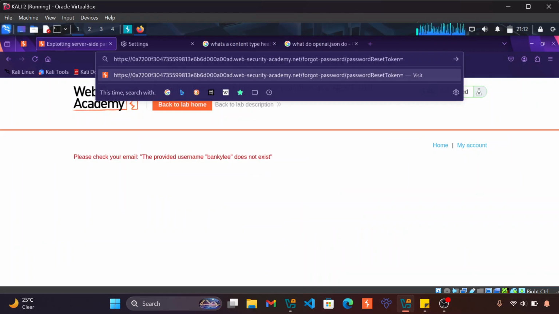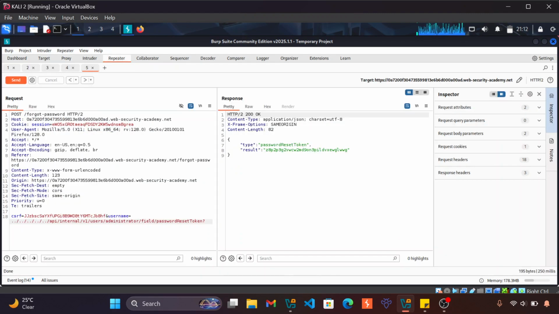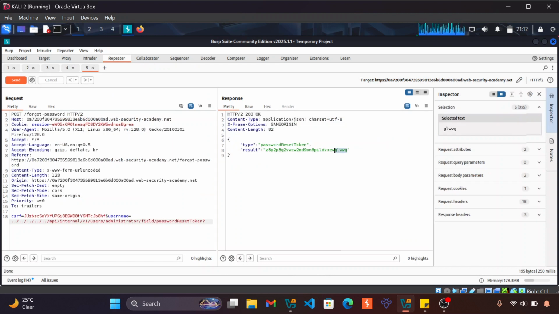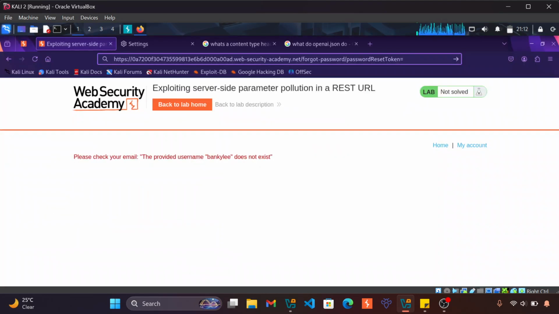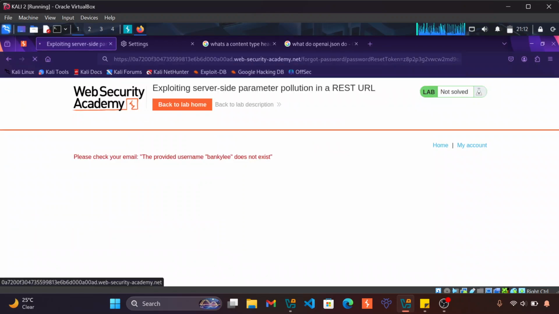Control B. Password reset token. Okay, let's copy the token and paste it here. Control B. Well, if it works, congratulations. If we fail, we have to